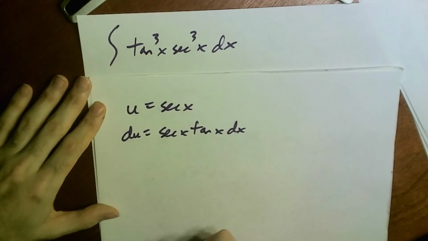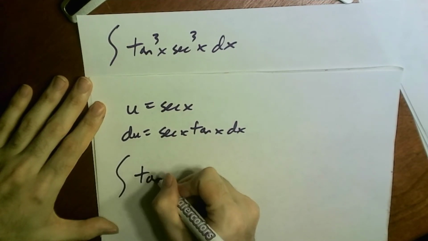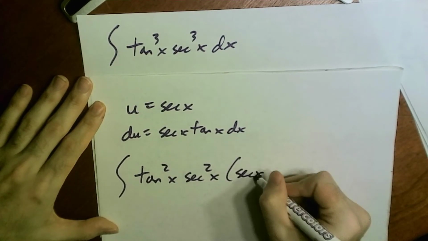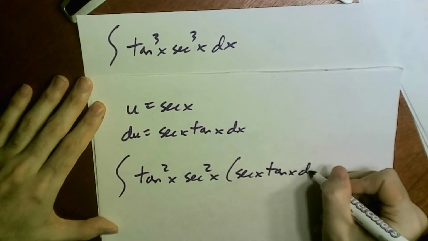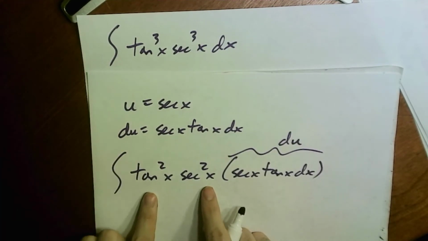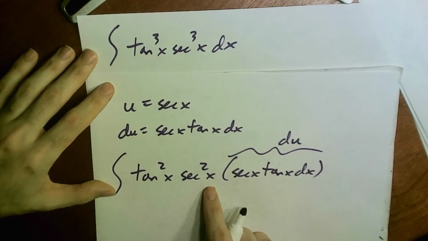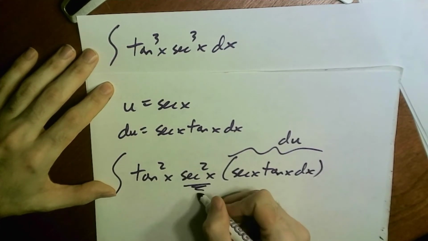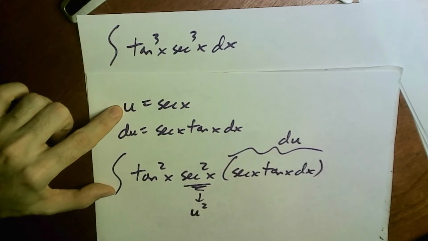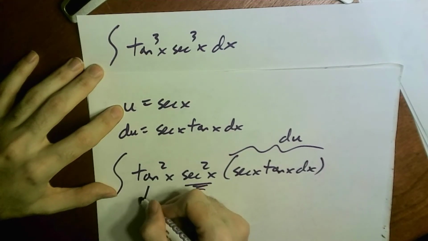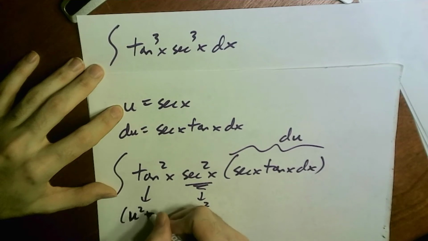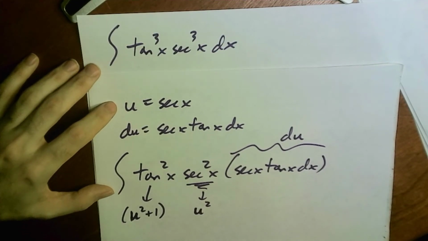So I'm a little worried. Because my tangent cubed becomes a tangent squared secant squared to get my secant tangent. And this doesn't feel good, right? Because we've been saying odd is good, odd is great, and now I get these evens. But, okay, hold on, though, because the secant squared is just u squared. I don't really care how many secants I'm left with. They just become u's. That's fine. And the tangent squared would become u squared minus 1 based on what we just did, but that's also fine,